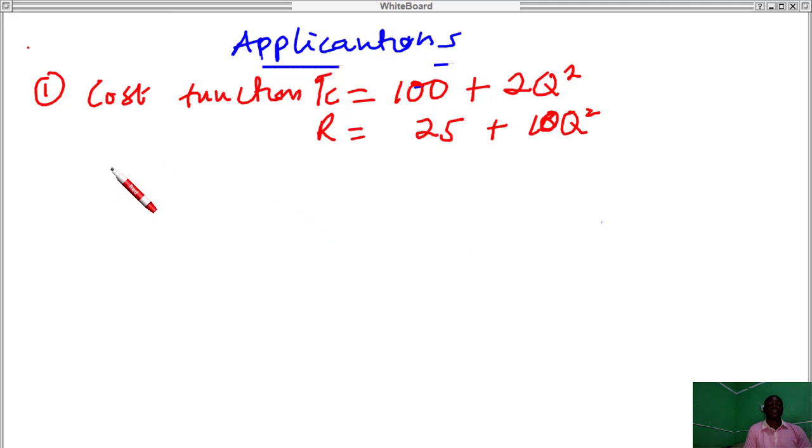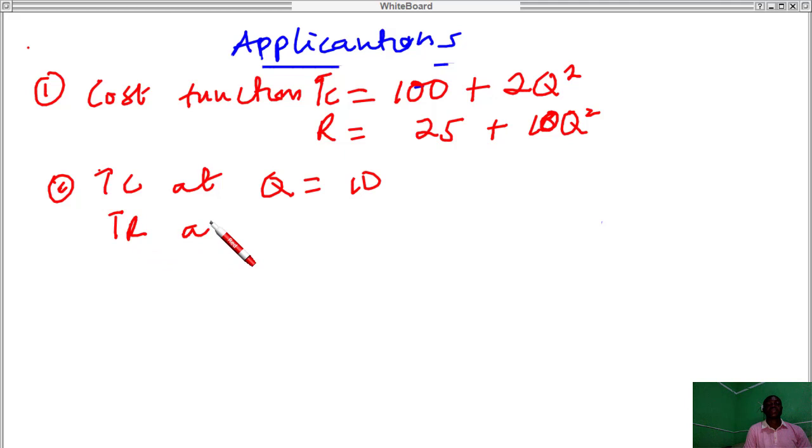We are asked to find total cost at Q equal to, let's say, 10. Then we have to find total revenue at an output of 5. Good. So what we need to do is that we have to